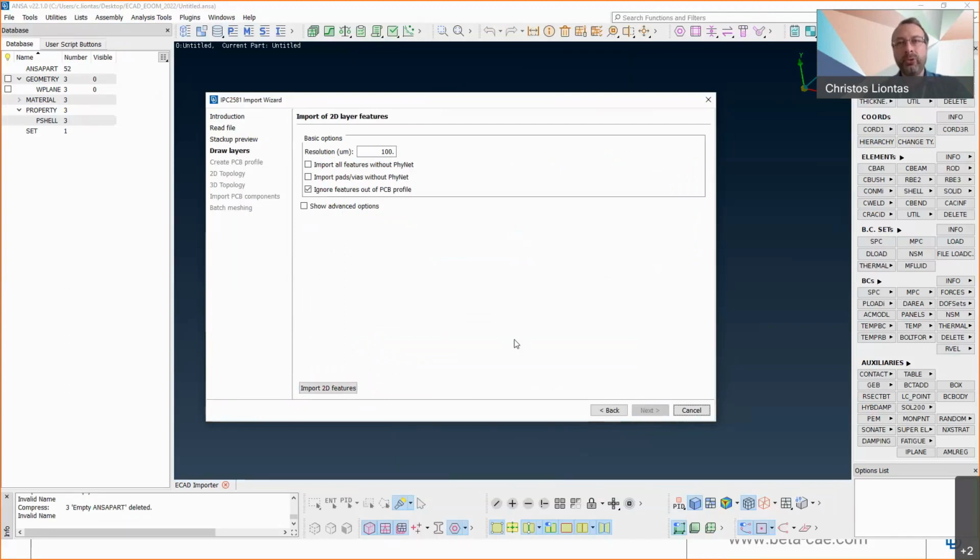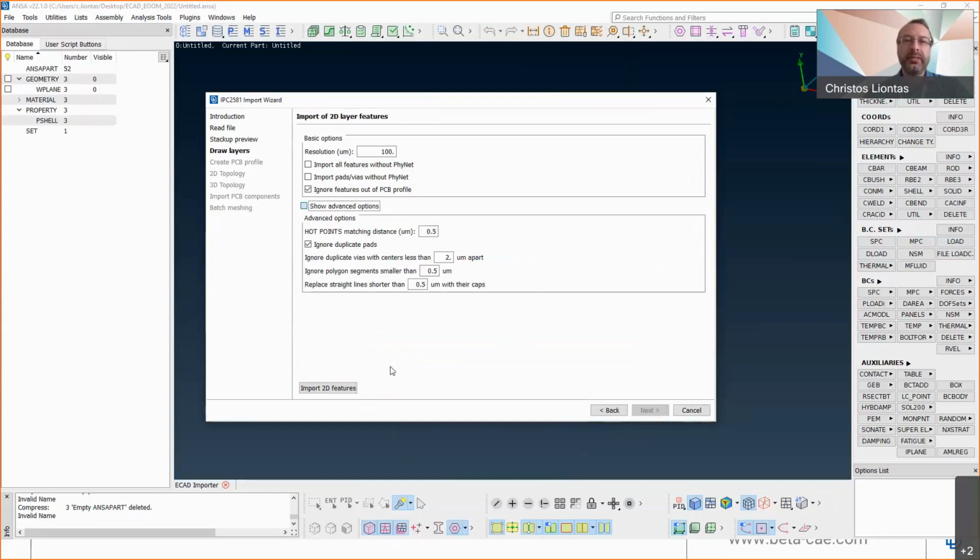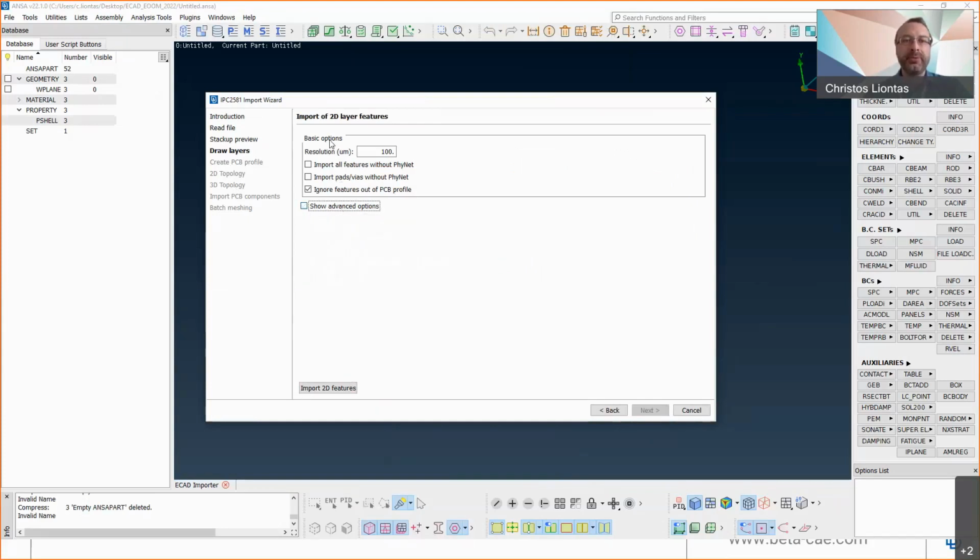So here we will import the 2D curves that bound the conducting geometry. And we have a group of basic options and a group of advanced options. I won't go into the advanced options because we have some time limitations, but I will explain the basic options. So first of all, you can select the resolution in microns, which affects effectively the mesh target length.